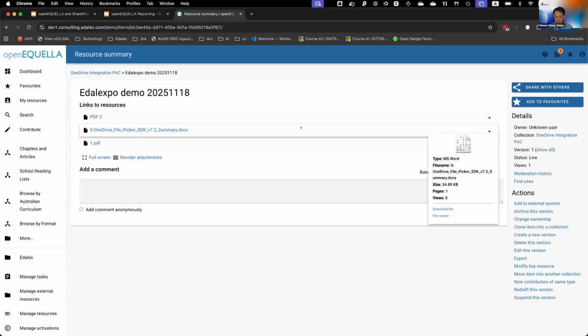Also, selecting a folder instead of files. These are some additional options. But yeah, as a proof of concept, this is what I've done in this integration,